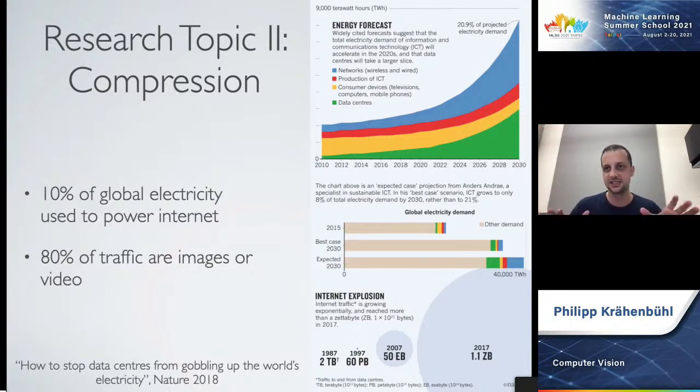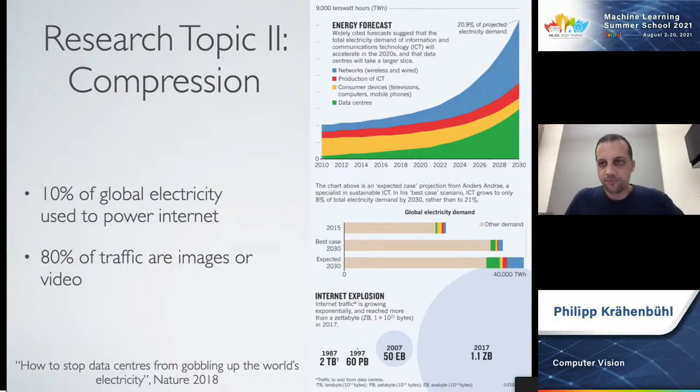But it still occupies a gigantic chunk of the internet and the global energy use. And so any percent with which you can make these images smaller, any percent you can make the encoding and decoding of these images and videos more efficient is really going to give you a huge delta if you look at the cost of running the internet and also the environmental impact.